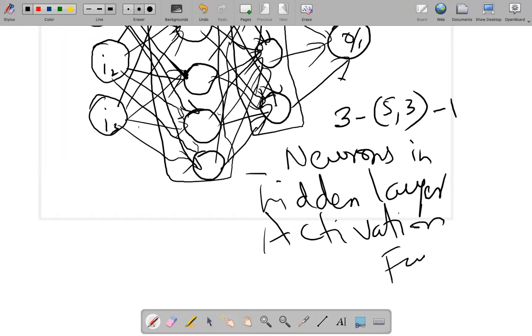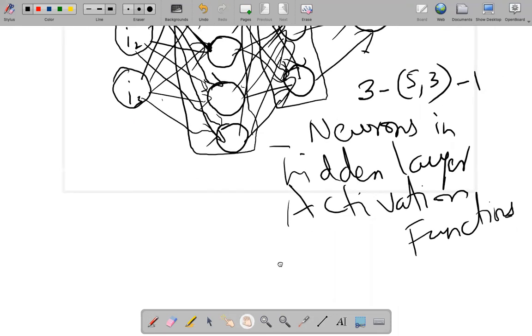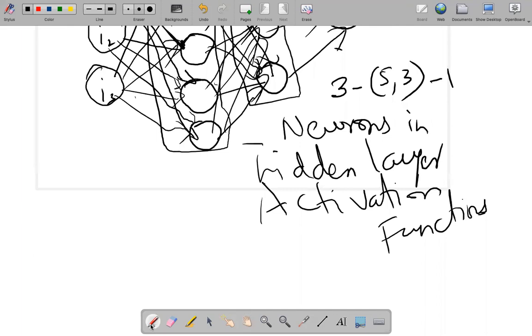And the prominent activation functions for neural networks: there are many activation functions which have been developed.